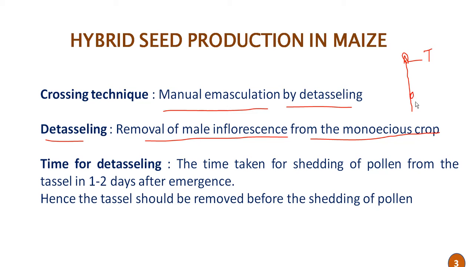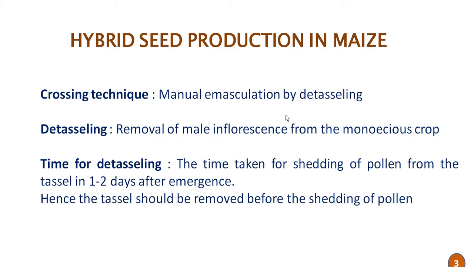below at the first internode the female inflorescence, called the silk, is present. So this is the arrangement of flower or inflorescence in case of maize, and both male and female inflorescence are present in the single plant. That's why this is called a monoecious crop, in which the male inflorescence is called tassel, and detasseling is the process of removing these male inflorescences, the tassels,